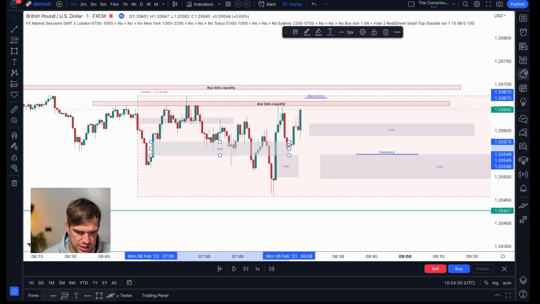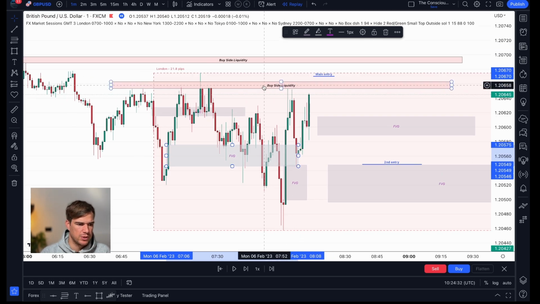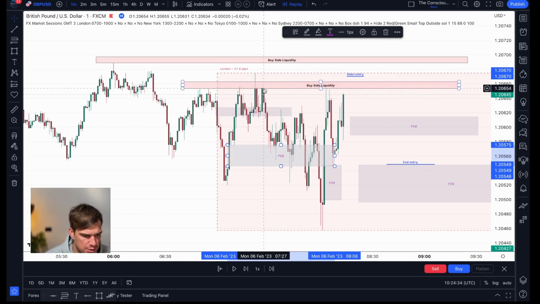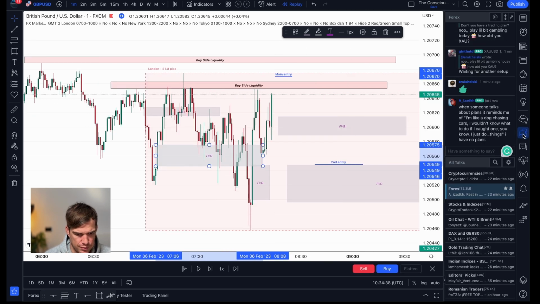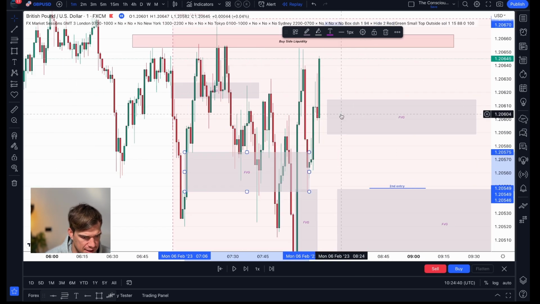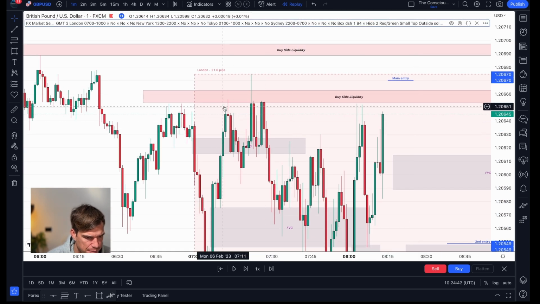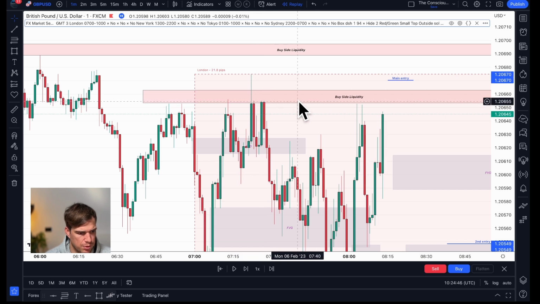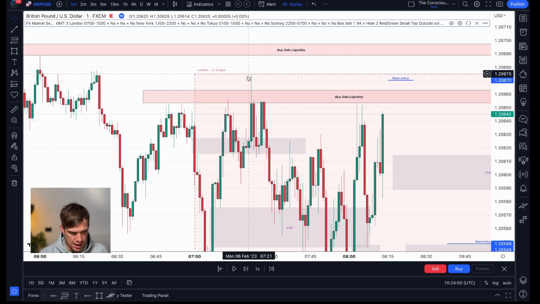Where would the opportunity arrive? And this is where buy side liquidity comes up. You can see we have the double touches here. We have this buy side liquidity forming about this area here. You got touch, touch, touch, equal price here. So that's clearly buy side liquidity that got taken out here once, and now it's coming back to retest it.